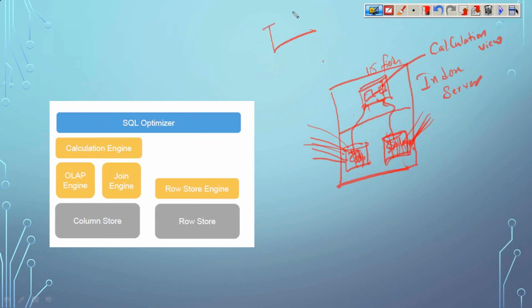And say tools like Business Objects, like WebI, will consume this data directly from this particular model. BO cannot consume this data directly from these tables. No, this is not allowed. You have to do the reporting only from your models. Got it? But if you want to directly do the reporting from your tables, then what you have to do